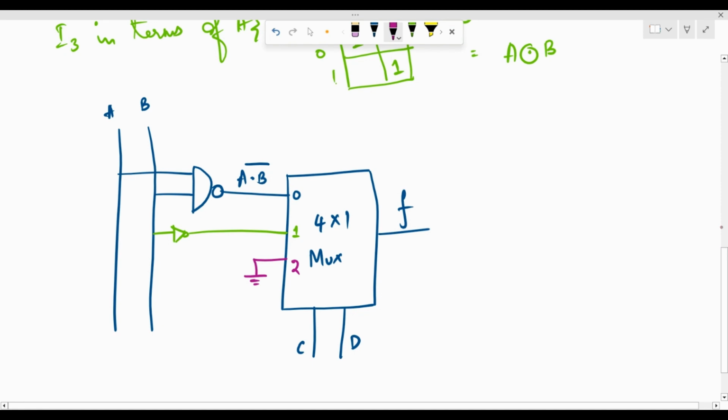I3 on the other hand is, as we saw, A XNOR B. So if I have A here and B here, I draw an XNOR gate, XOR with a bubble, and connect it to my third input of the multiplexer, right? So 0, 1, 2, 3. So these are the four inputs. So this connection with C and D as the select lines and A and B, with extra gates, the NAND gate, the XOR gate, the NOT gate,